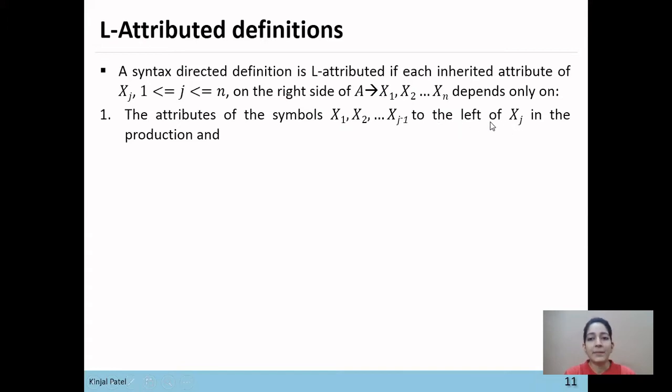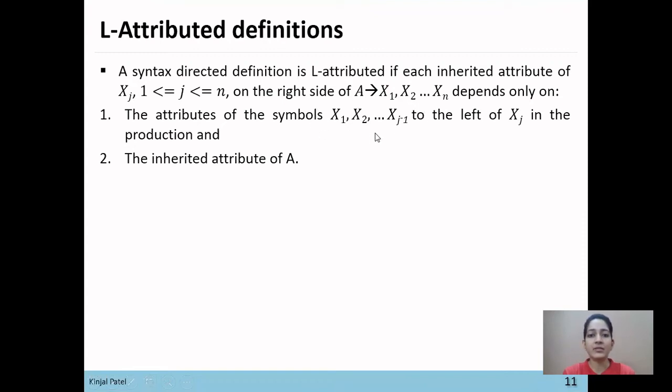That means it can depend on the left symbols only, or it can depend on the inherited attribute of A. That means if A has an inherited attribute, then this value can depend on A.